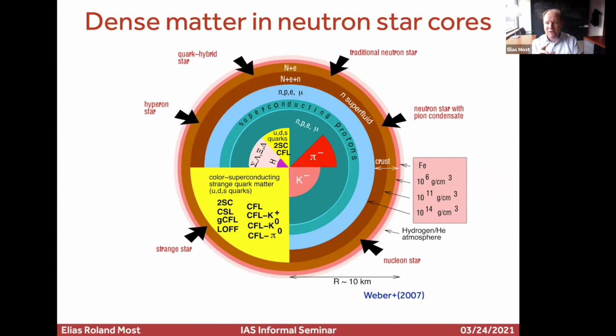This might all sound a bit opaque if you've never seen it, but the main feature really is: the more exotic you get, the more problematic things get. If you, for example, produce strange quark constituents inside a neutron star, that strictly limits how massive they can be. So there's a competition between having more exotic degrees of freedom and going to high mass. Eventually, if we can answer astrophysically how massive neutron stars can be, that's very constraining to the exotic degrees of freedom a neutron star can have. So that's some background motivation for why we should be asking the question in the first place. Otherwise, it's interesting even if it weren't fun.